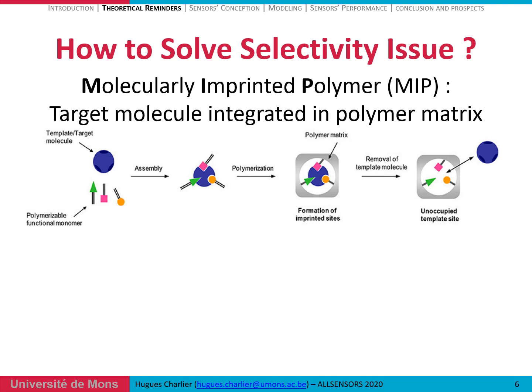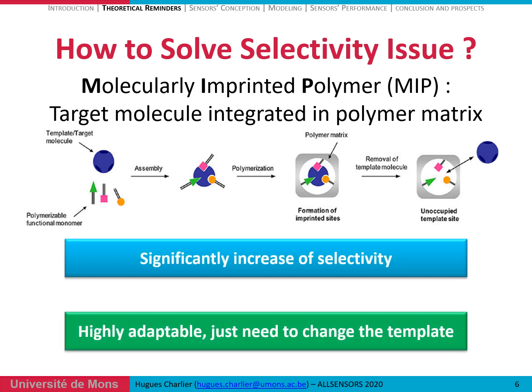This polymer allows specific recognition of the molecule we want to detect, and it's quite easy to implement, as we just have to put together functional monomers with the target molecule, also called template, to form an assembly around which we do the polymerization, and then just remove the template molecule to get an unoccupied site able to do the detection later. This technique significantly increases the selectivity and has another advantage, which is that it's highly adaptable, as we just need to change the template to get another MIP sensitive to another kind of